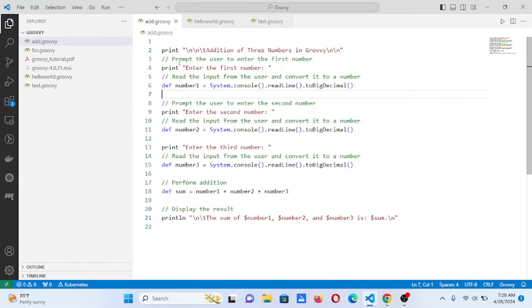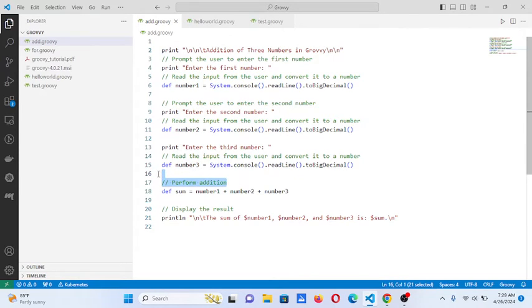So let's begin. So we have here the title, addition of three numbers using print. In this line of code, we are asking the user to give first number, and then we have a variable num1, console readLine to BigDecimal. The same thing with this line of code, lines 8 and 9, asking the user to give second number, and then lines 13 to 15, asking the user to give third number, stored in variable num3, with num2 in the second,